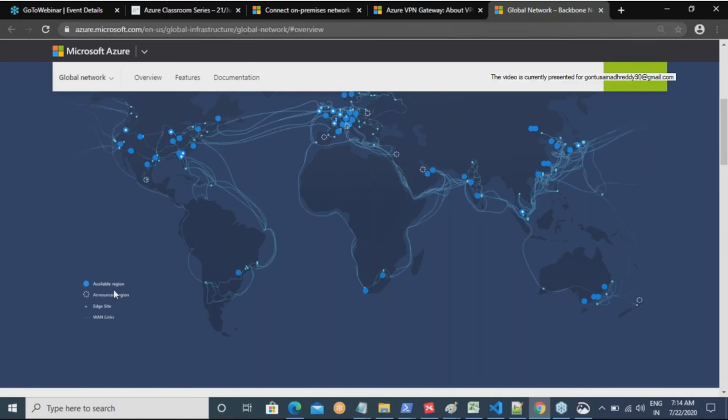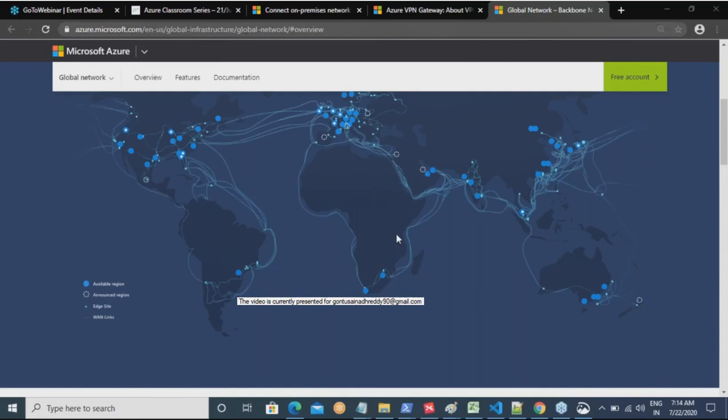Edge site. What is the purpose of this edge site? The purpose of this edge site is to help organizations directly connect to the Azure Backbone Network, or in the case of media streaming. For example, if you have created something like Netflix or any other platform hosted on Azure, we want users not to use video from one location, but from many different locations. How do I deal with this kind of scenario?